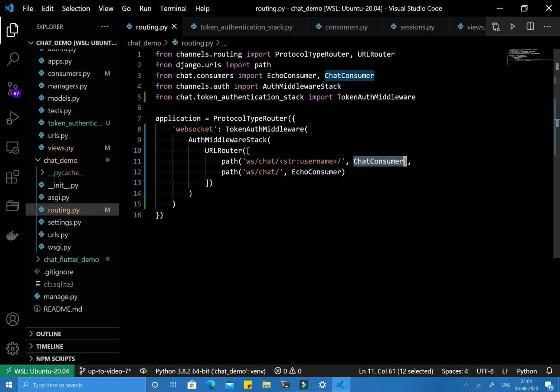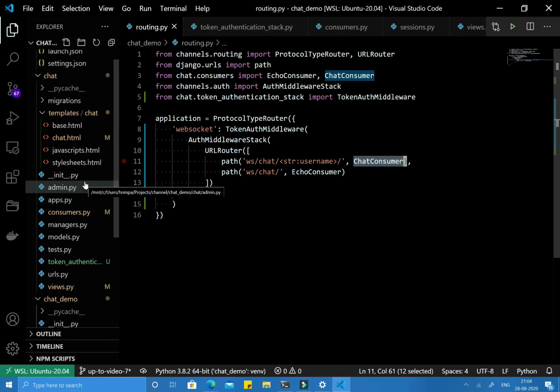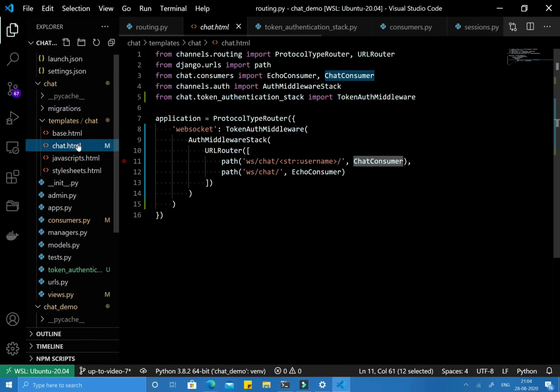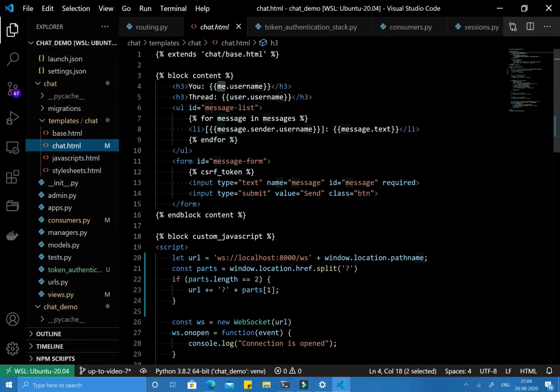All right, now let's go and check the chat.html where we are sending the token, which I have also changed a little bit. Till now what we were doing was ws, then the path name, right? So till now we were doing that.